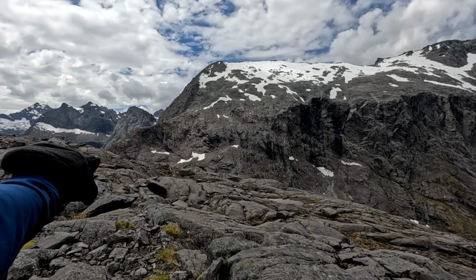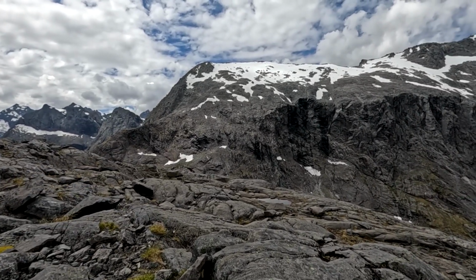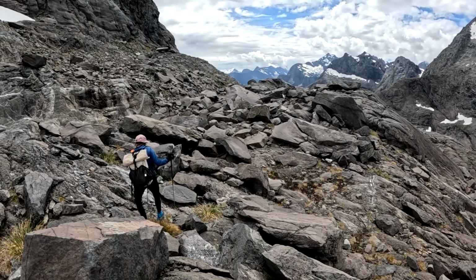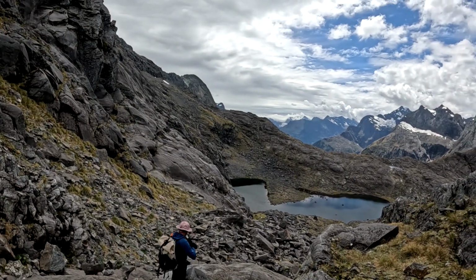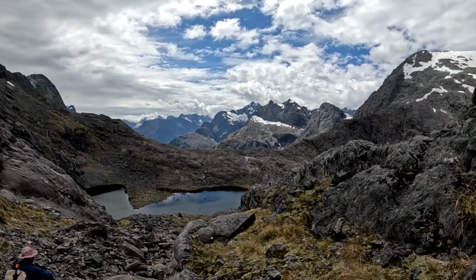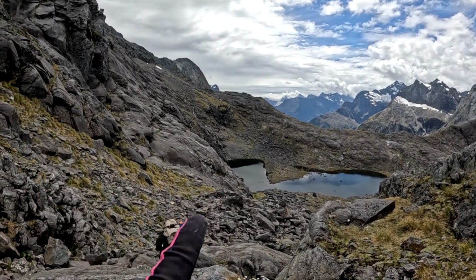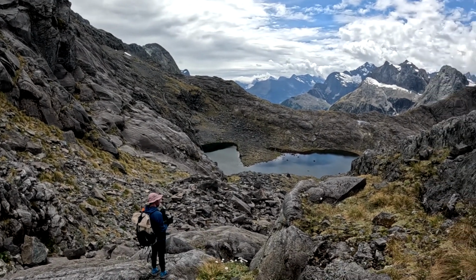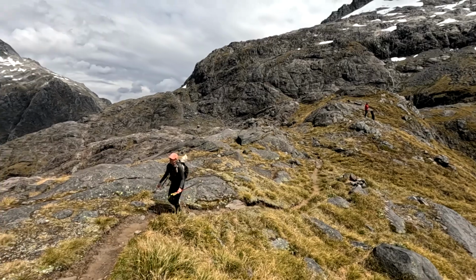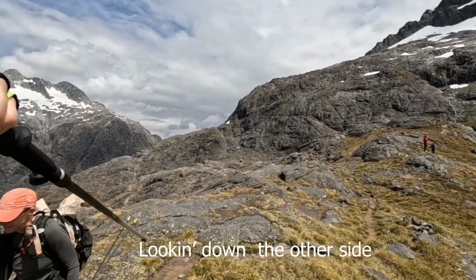We came from the saddle that was over there. All the lakes are down there. Just incredible. Everywhere you look, we were just down there in that pool along the left side of that big lake. Wow. Alright, so we were over there on that ridge way over there, looking down the other side, and now